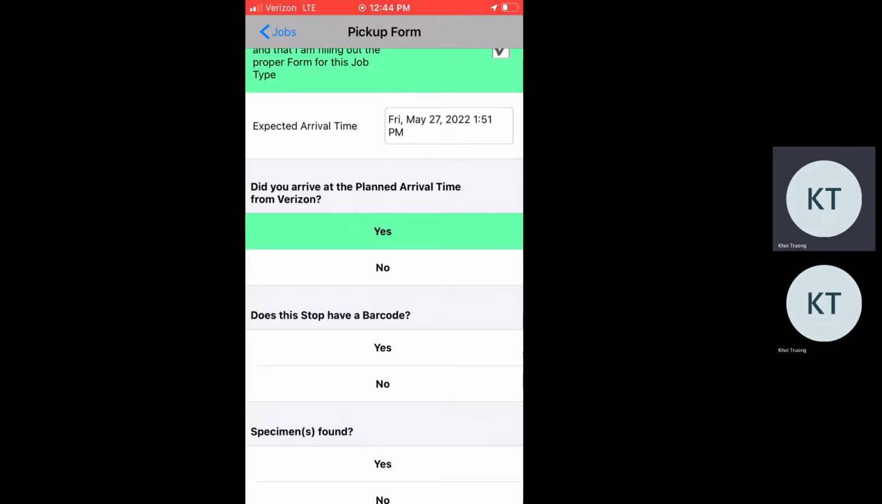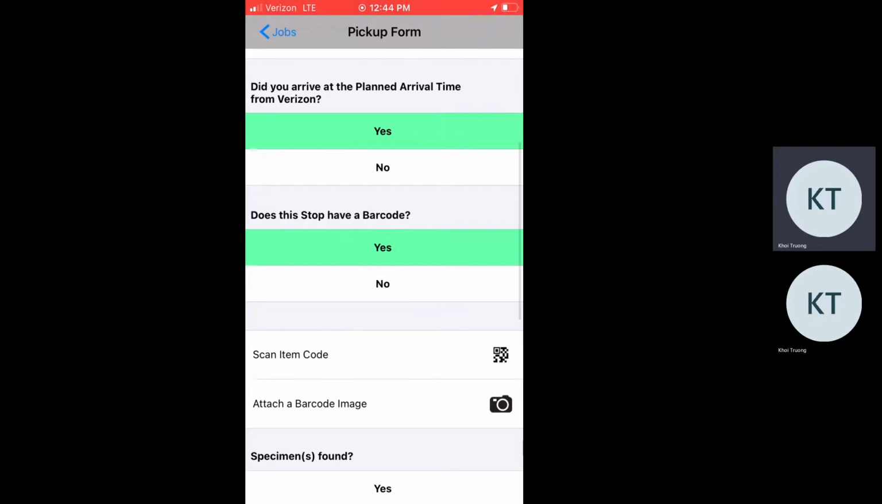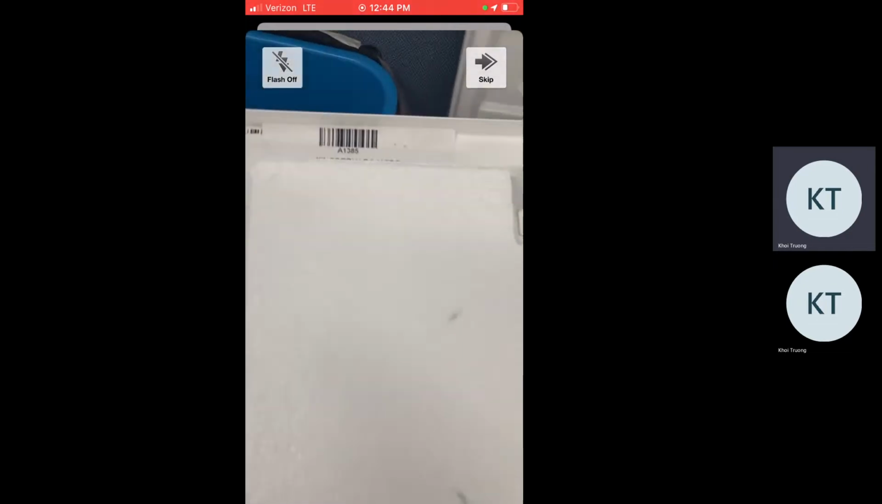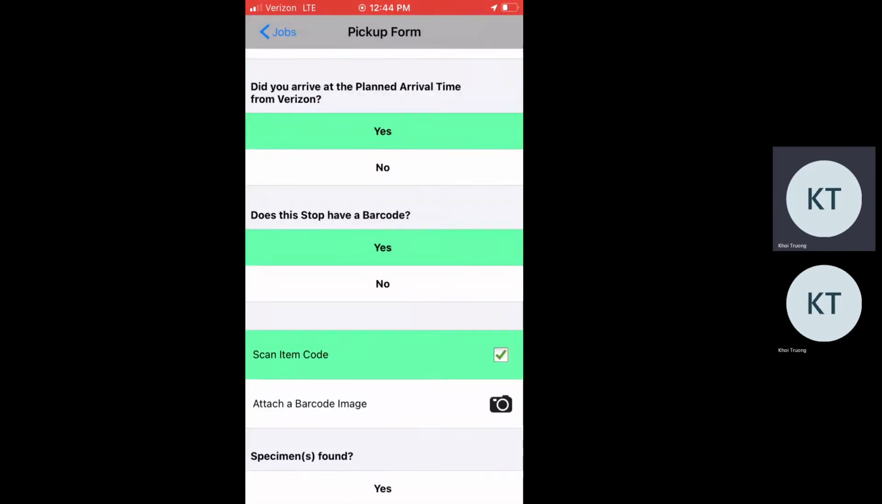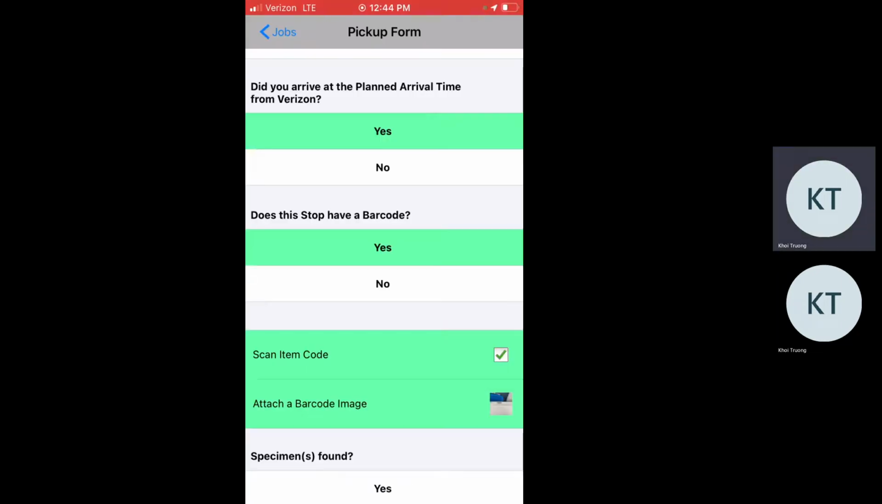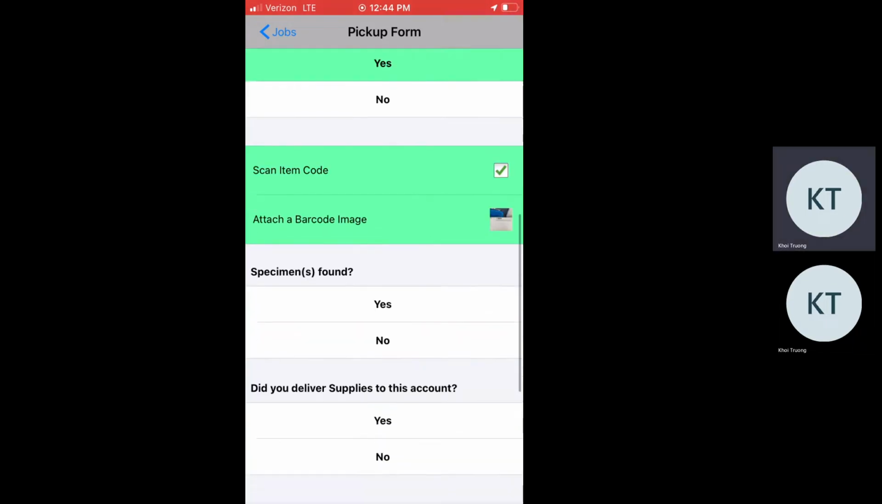Does this stop have a barcode? We'll say yes. We'll scan the barcode. So in this example, it's a box. So I'm going to go ahead and I'm going to look for that barcode here. And there we go. I scanned it. It's going to ask me to take a picture of the barcode. I'm going to use that photo. And in this example, we'll say no specimens were found,